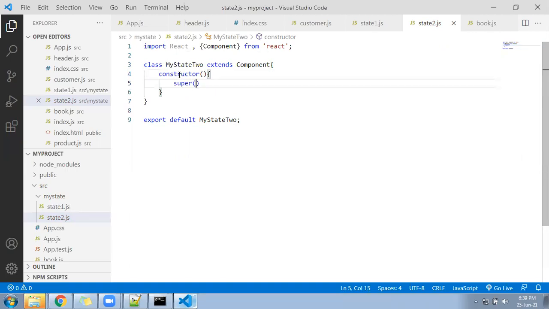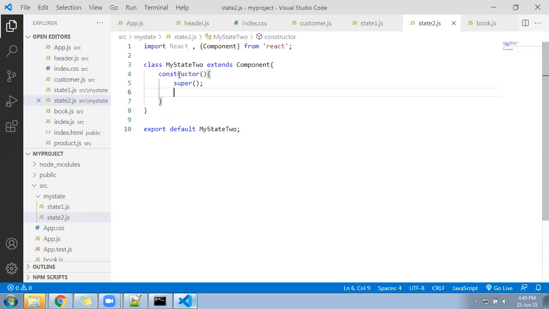Because you are extending a class and some features already exist under the parent class, that is called the Component class, and those features you are going to inherit inside your MyState2 class. While extending a class, if you are following the constructor, under the constructor you must call the super function, else you can't extend and it will throw an error.